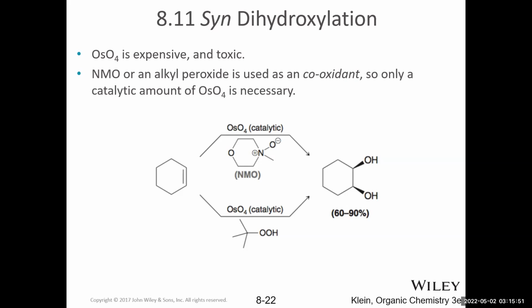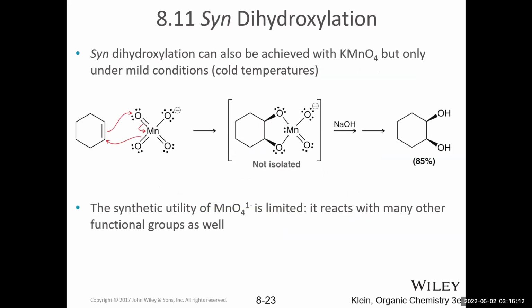So sometimes these co-oxidants will be mentioned and sometimes they won't, right? And just note that anytime you see osmium tetroxide, regardless of whatever else is mentioned on the arrow, sometimes they'll mention the reductive workup, sometimes they won't. You just want to think osmium tetroxide, syn dihydroxylation. That will get you where you need to go.